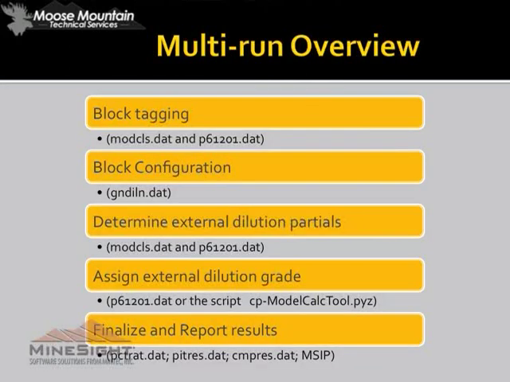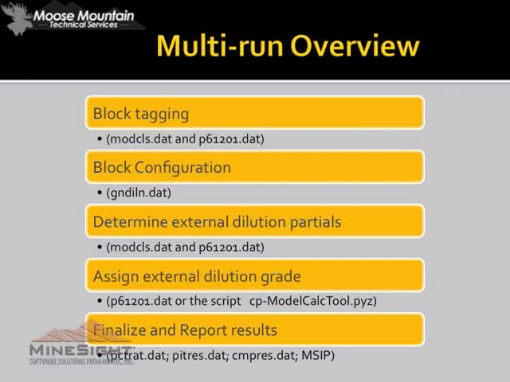So this is an overview of the multi-run. I didn't count how many procedures. It probably makes a few dozen passes through the model to do what we wanted to do. But basically, these are the steps that we're following through on. The first step is to tag the model. We use mod class,